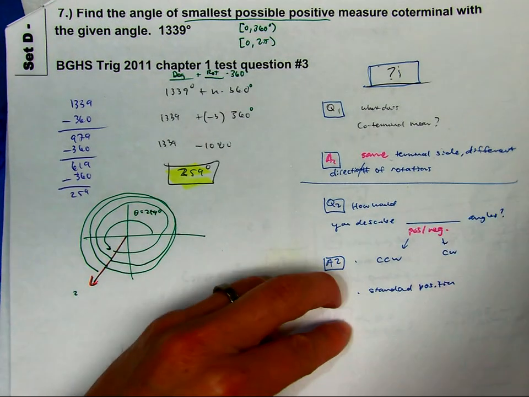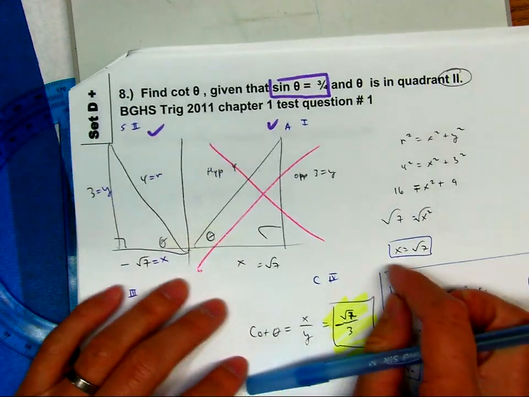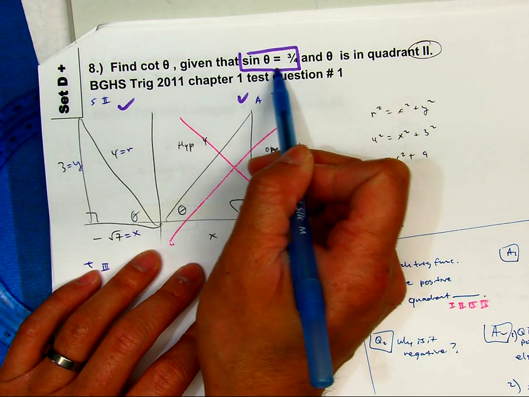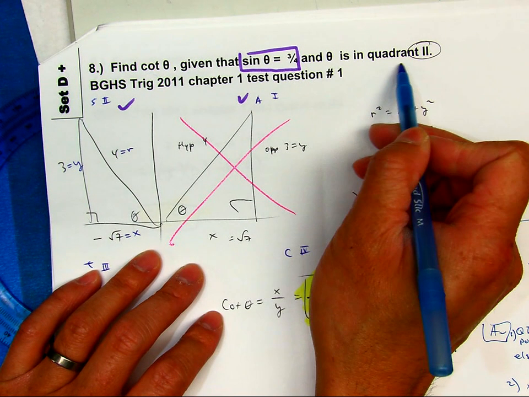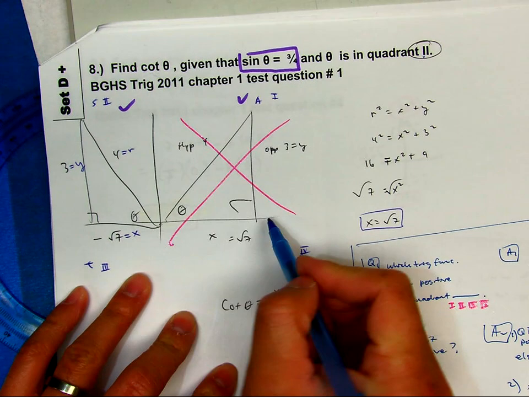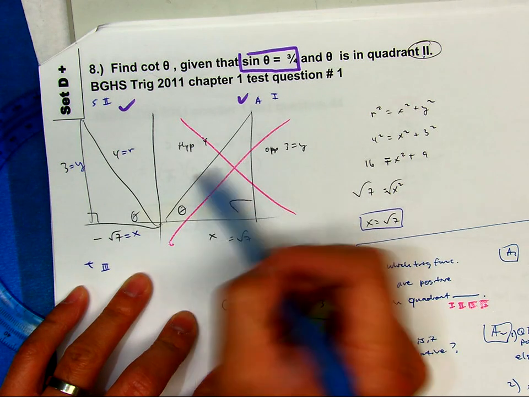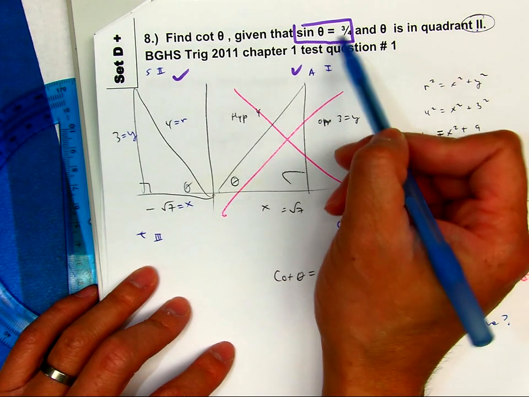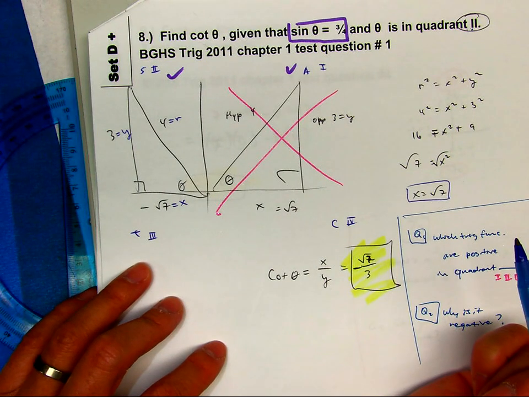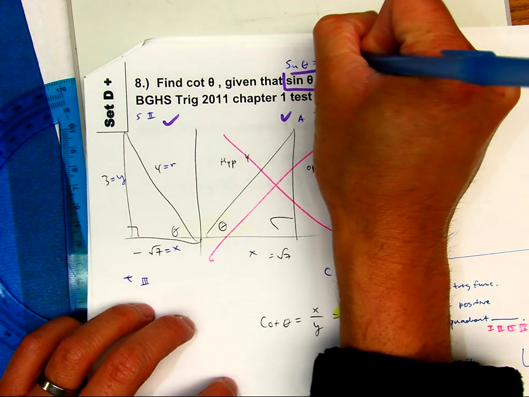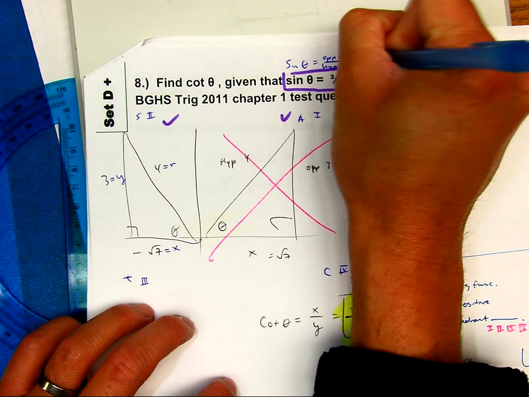Let's try some more questions. Set D plus, find cotangent theta given that sine of theta equals 3/4 and theta is in quadrant 2. So here is my coordinate plane, and I started to do it in quadrant 1, and then I saw this hint that I'm in quadrant 2, and that changes things. What does it change? Well, sine is the opposite over the hypotenuse, or that's the elementary idea I want you to get used to now, y